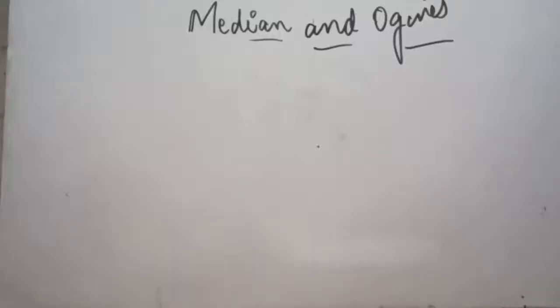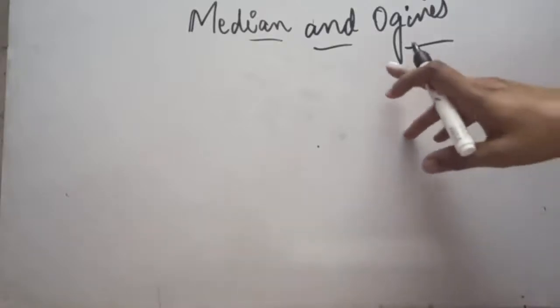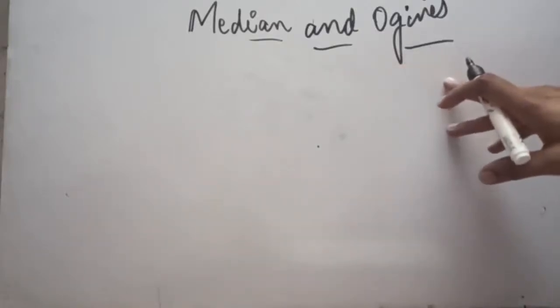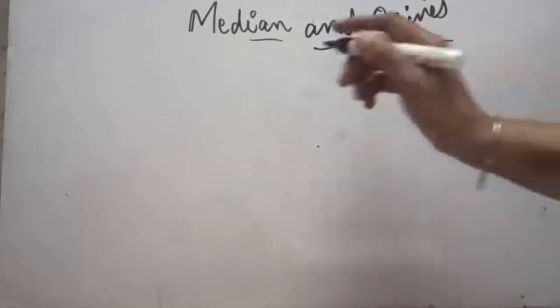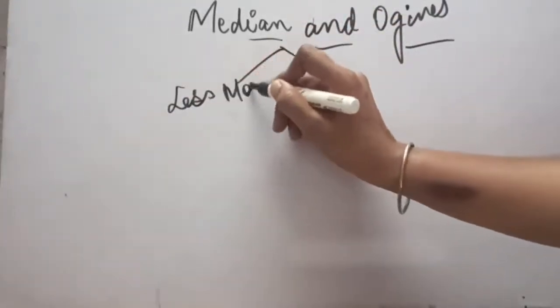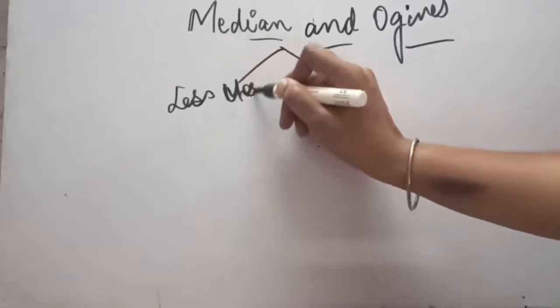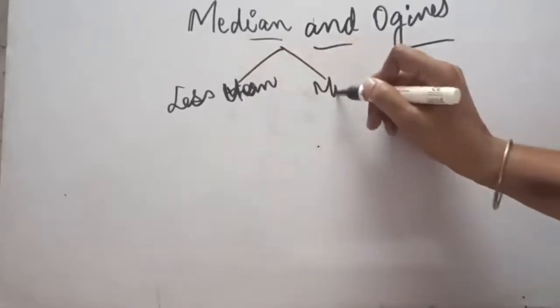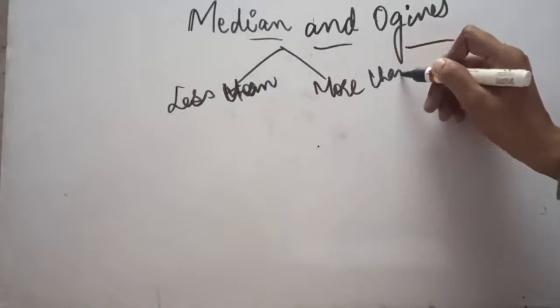The next topic is the calculation of median with the help of graphic method. So it shows the graphical location of the median. For the purpose of calculating these ogives, where we calculate the median graphically, we have two methods. First, we can solve the questions with the help of less than series, or we can solve the question with the help of more than series.